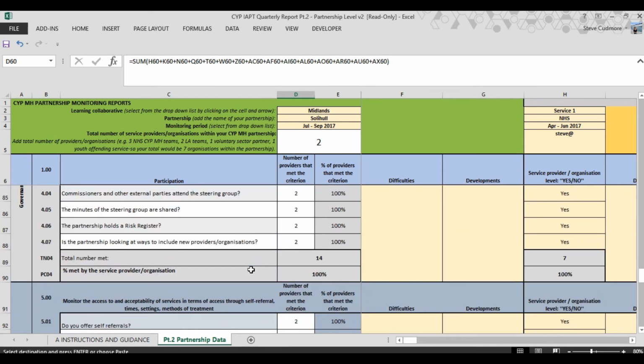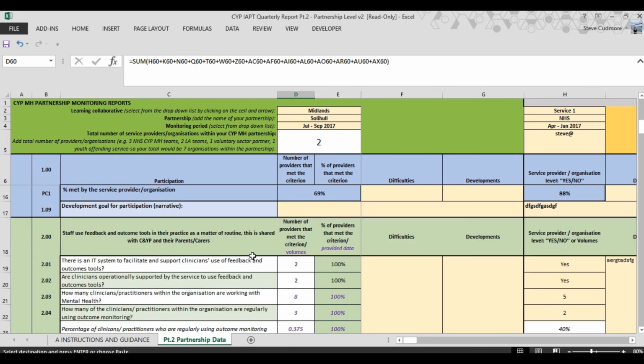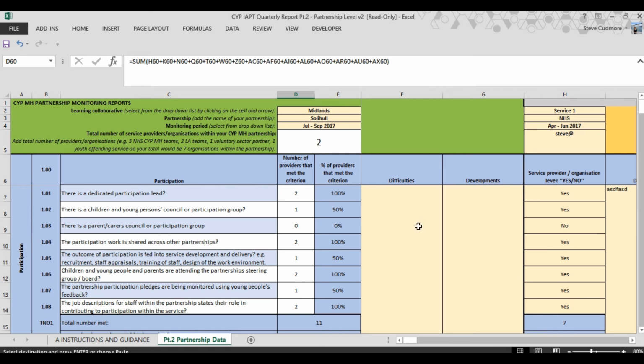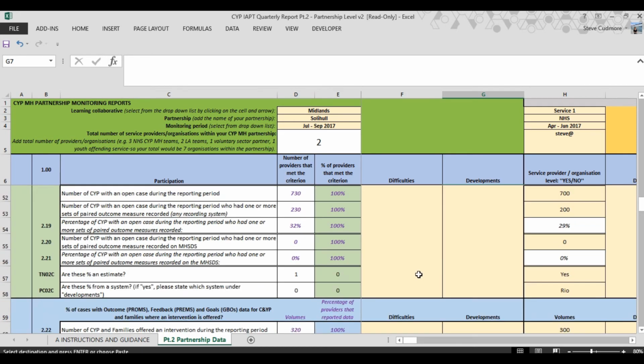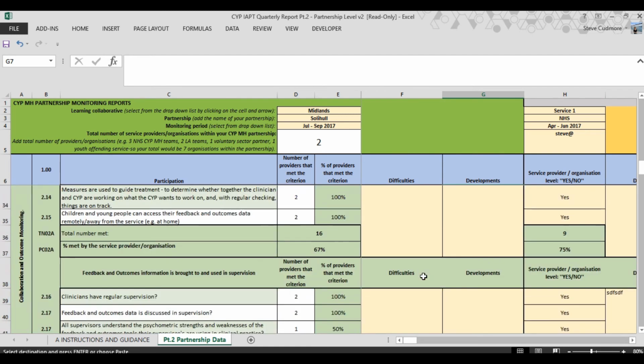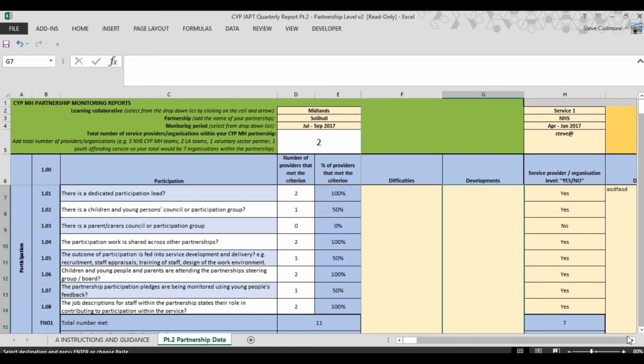Okay, so hopefully this should make things a lot easier for you as partnership leads, because the only cells that you should need to fill in once you've done the copying and pasting are the cells marked in pale yellow: your difficulties and your developments, your commentaries. Basically, everything else is already worked out for you and does as it should do. The only other thing you may need to do is if you have an organization or provider that does not return the quarterly monitoring report that you require,